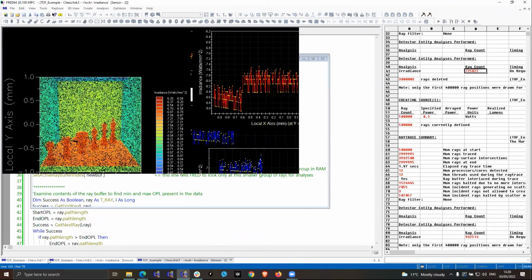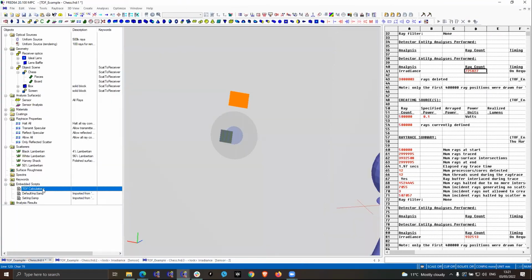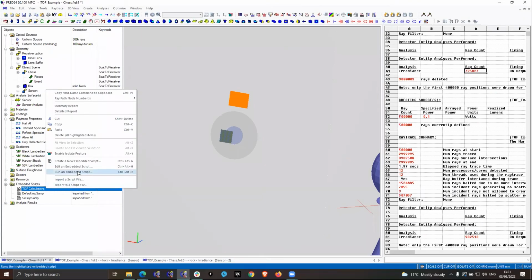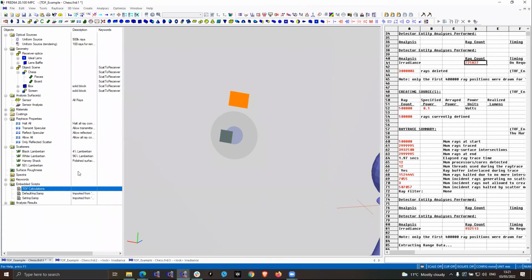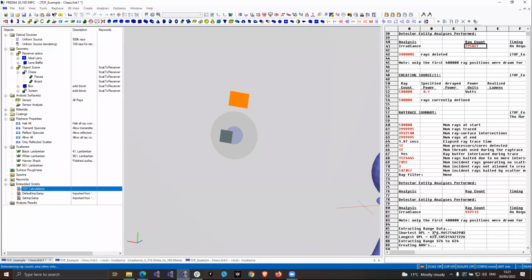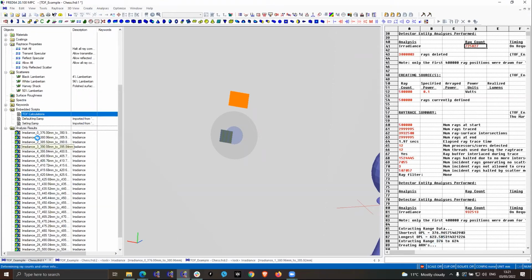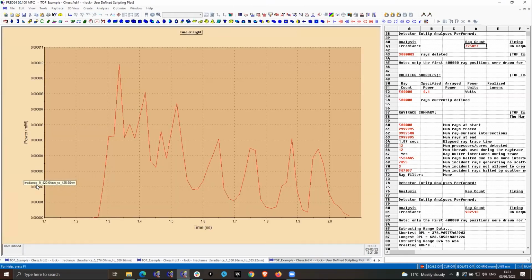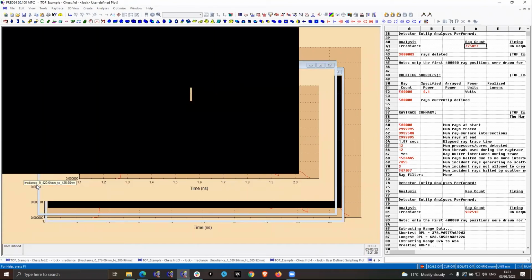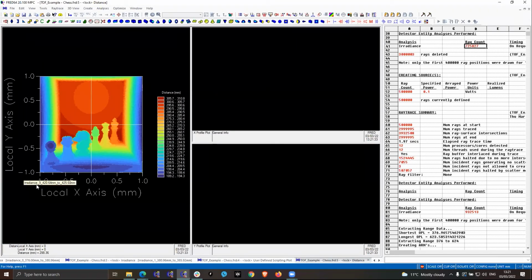So if I go back to Fred here, I can run my script from right-click and run embedded script. And in the output window, it tells me that it's extracting the range data. It finds the shortest and the longest optical path lengths. And now it's creating ARNs. And if I expand this out for us whilst the script is going, you can see it's actually calculating irradiance per some distance of optical path length. Okay, so these are the slices of data it's taking. When all of the data slices are done, it then calculates this time of flight calculation